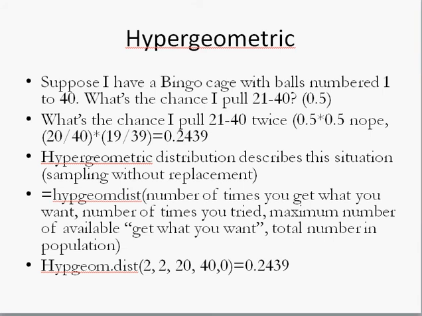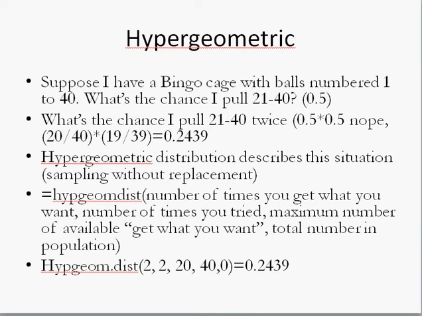Alright, so the last method we'll be learning about in our Bayesian lecture series is the hypergeometric method. The hypergeometric distribution can be modeled using a hypergeometric function in Excel. So why are hypergeometric questions different from binomial questions and Poisson questions? It comes down to whether the population of interest is large or small relative to the sample